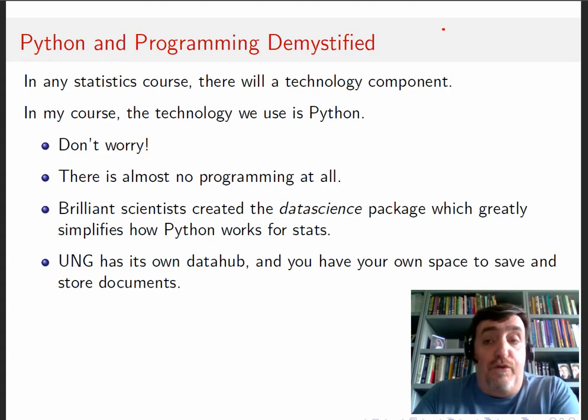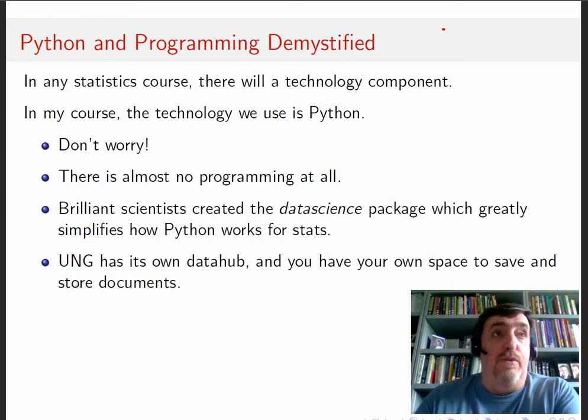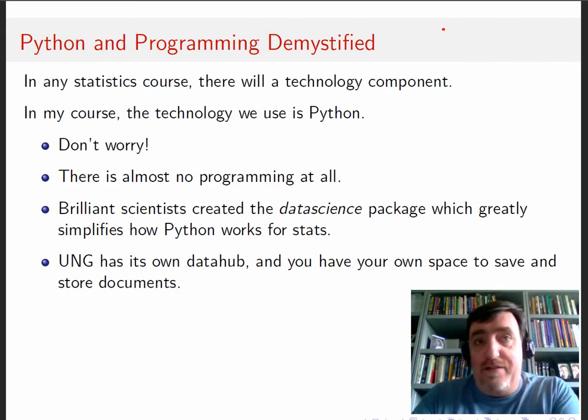And so if you're doing a homework file and you need to stop halfway because you've got class or you just want to go hang with your friends or whatever, you can hit save and be able to come back to that file and have all of your work saved. Again, there's no worry about having the right version of this software or that software. All you do is click on the link and you're inside the data hub. Okay?